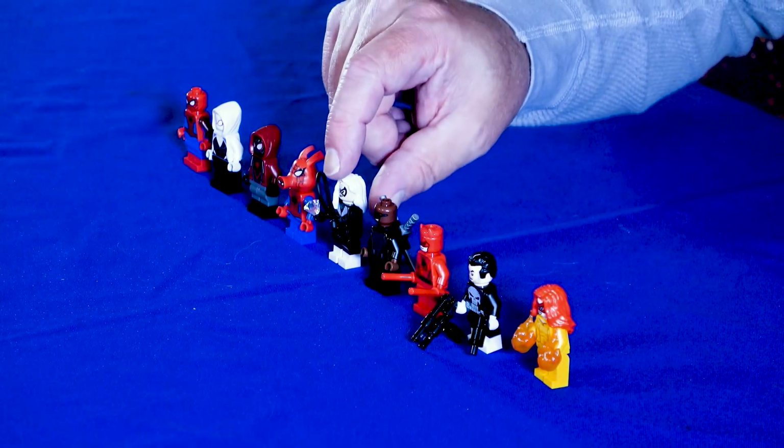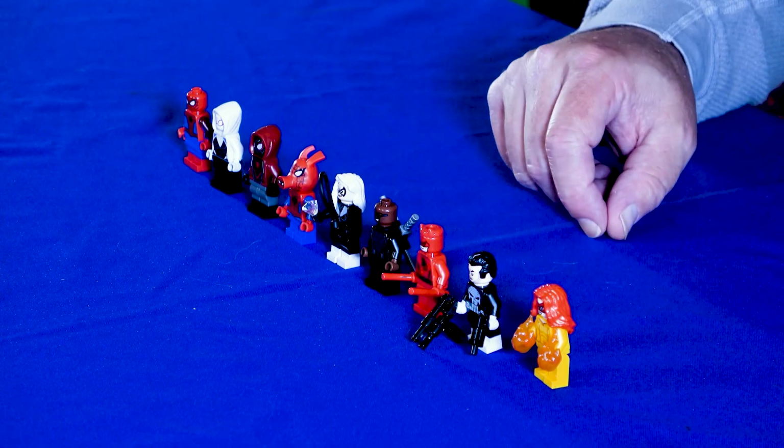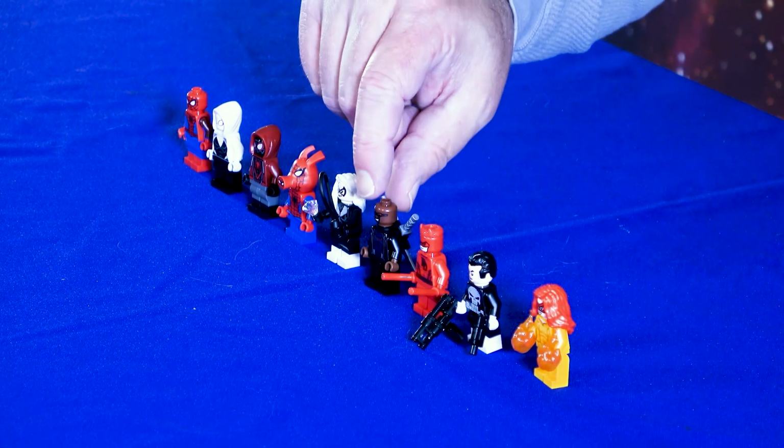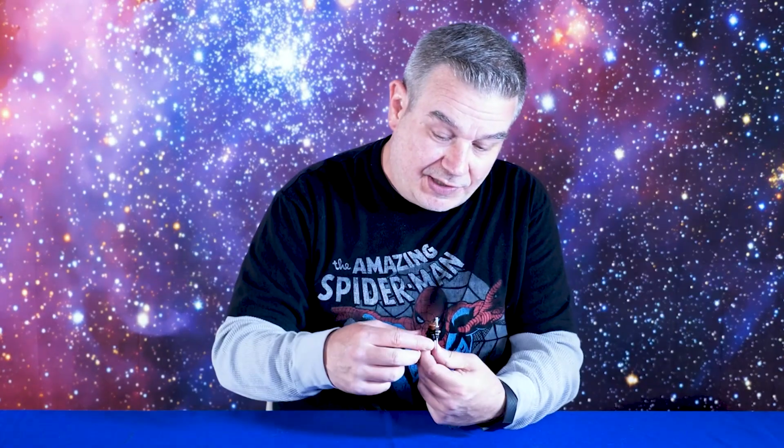Spider-Ham. Next up is Black Cat. She's holding a diamond in her little whip. Very cool little figure. I believe she has existed in other Spider-Man sets before. I'm almost 100% positive, but I don't remember if I have seen her in any or not. And now we're gonna get to 4 of my favorites of the entire set. Blade, which I think is absolutely fantastic. He's got his dual swords on his back,